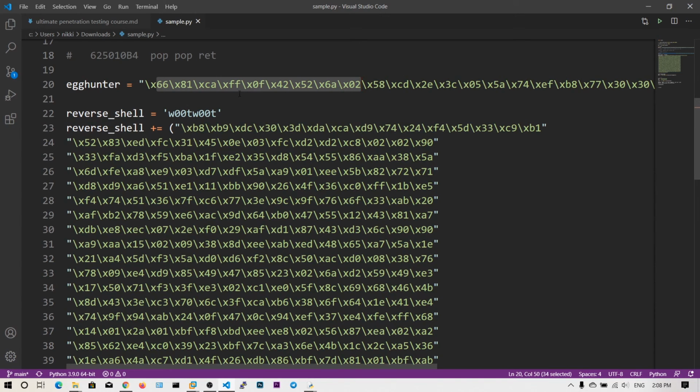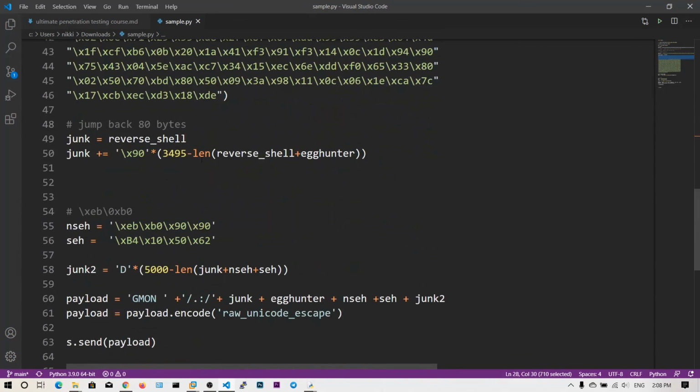This egg hunter searches for our shellcode in memory with this tag. So it finds the woot, because we have created the woot tag, and when it finds this woot tag, it will jump to the next step. That is the reverse shell. Obviously our reverse shell code gets executed.